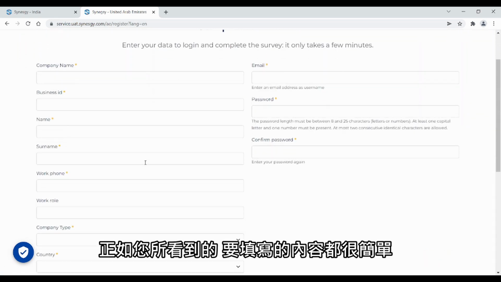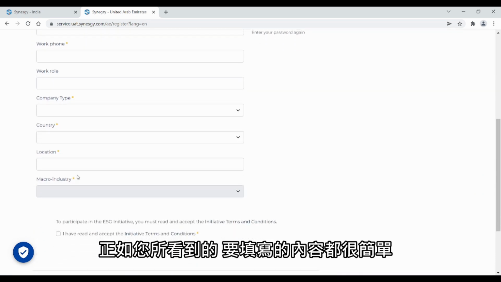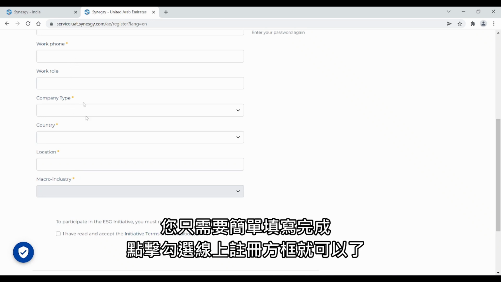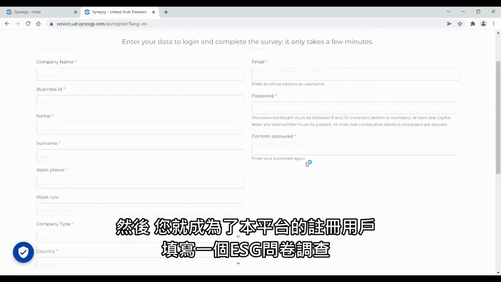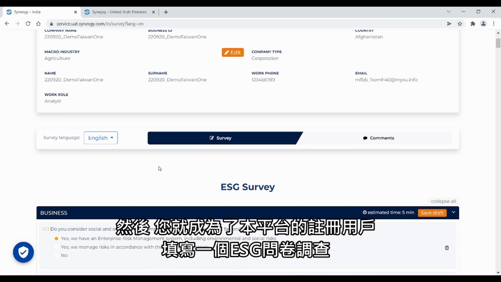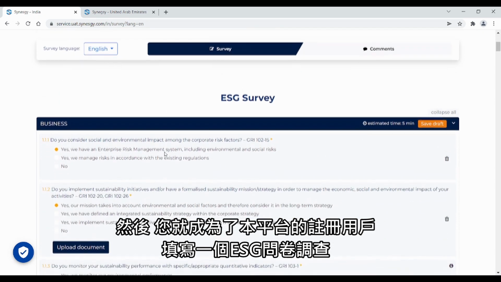So you see here there is a number of very simple information that we require. No need to fill in huge forms with complex data, etc. You simply fill in this data, you tick a checkbox for online registration, you press register, and that's it. Then you are allowed to move to be registered as a customer, access the platform, and fill in the ESG